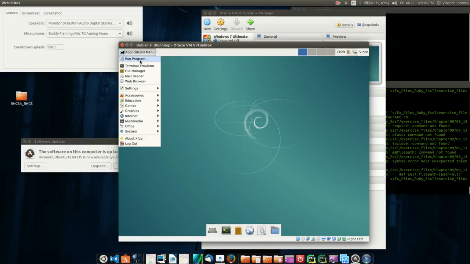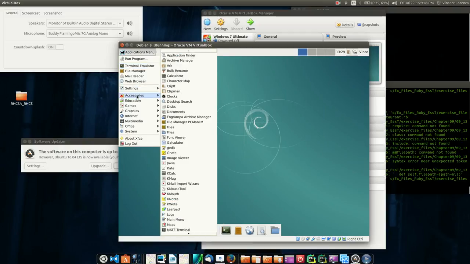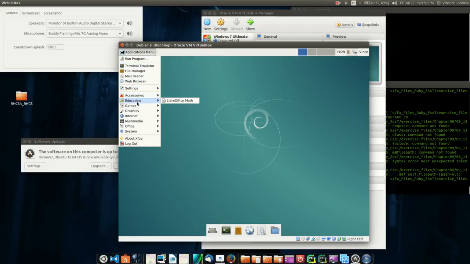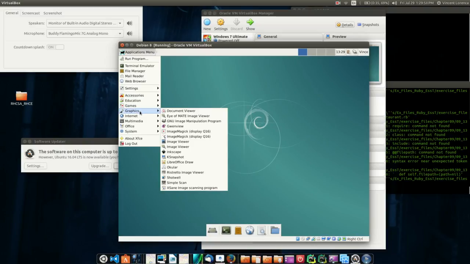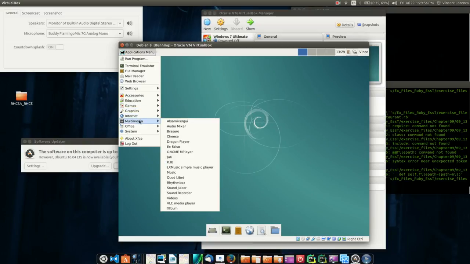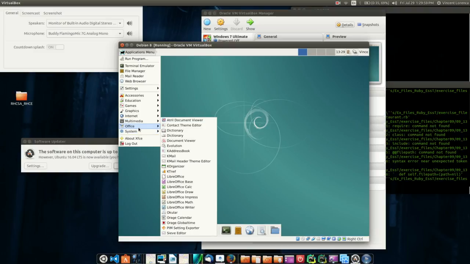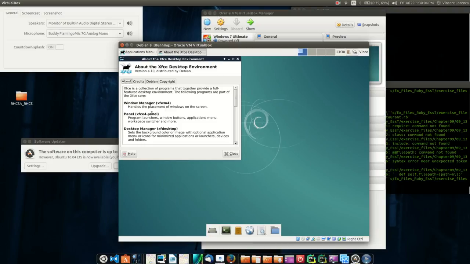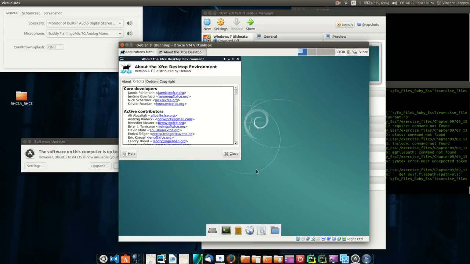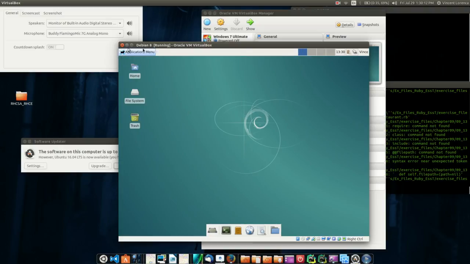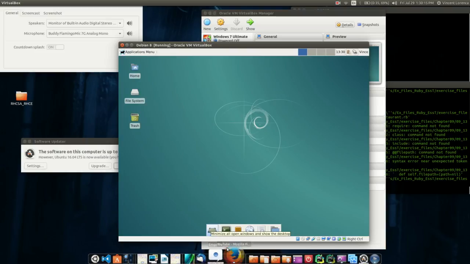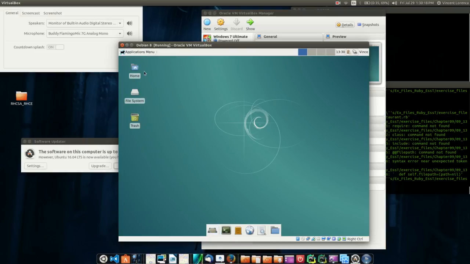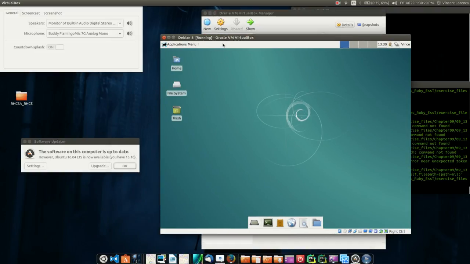Here's where you can find your programs. It installed quite a bit of stuff. That's why it took so long. I chose everything. Here we're using Xfce. It's just a simple panel. Maybe that's why it booted up so quickly, but that's what we have for now. We installed a different version of Debian, as you can see,